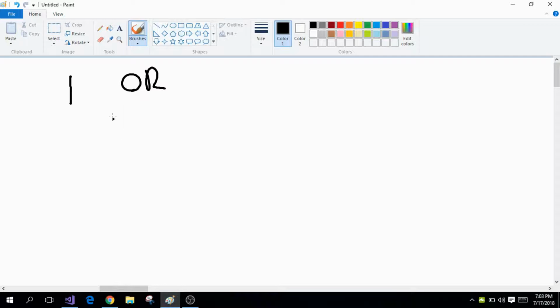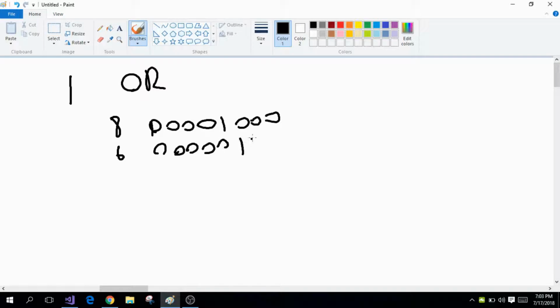So again, I'm going to write my 8 and 6: 0, 0, 0, 0, 1, 0, 0, 0, and 0, 0, 0, 0, 0, 1, 1, 0. So when you apply the bitwise OR operator on 8 and 6, and I'm going to represent it by a small straight line right here, so this is my operator right here. So when I apply it on 8 and 6,